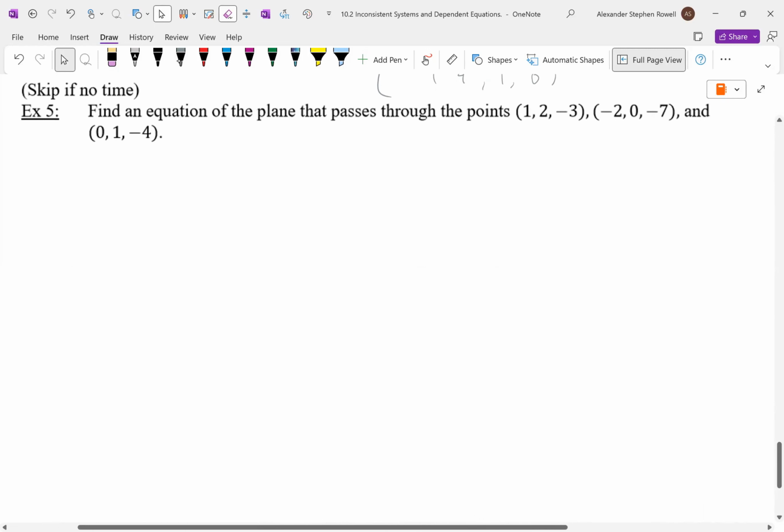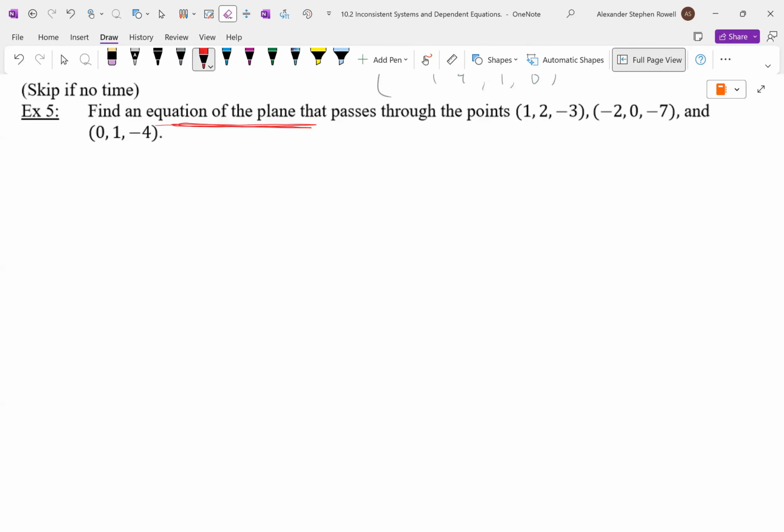Find an equation of a plane that passes through the points (1, 2, -3), (-2, 0, -7), and (0, 1, -4). Okay, so the key piece of information here is the equation of a plane can be written in the form ax plus by plus c is equal to z. Okay, so first we use the ordered triple